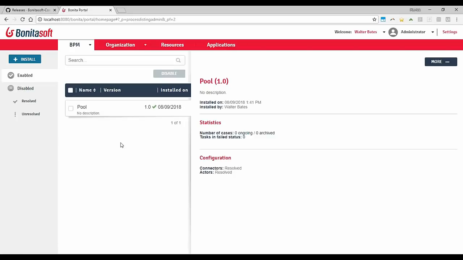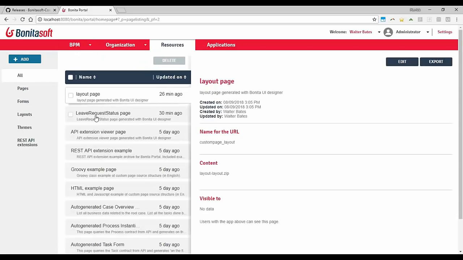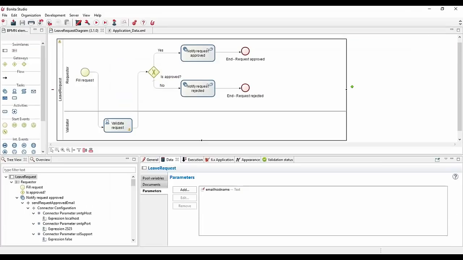If you need to deploy processes or deploy some UI artifacts in the resources, for example, you can do that directly using REST API calls. You can also do the same thing with the live update if you need to update some configuration of the process. Let's say if you want to change the parameter value or this kind of thing, you can do that automatically too. That can be done from APIs.